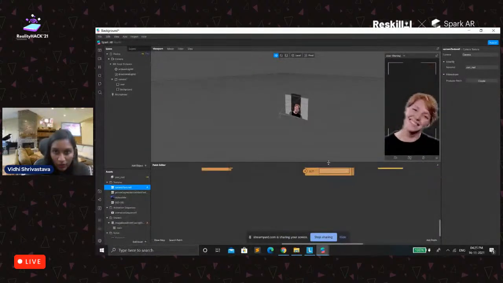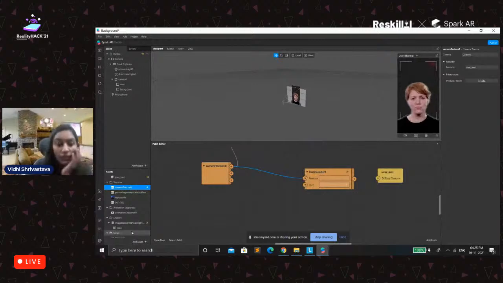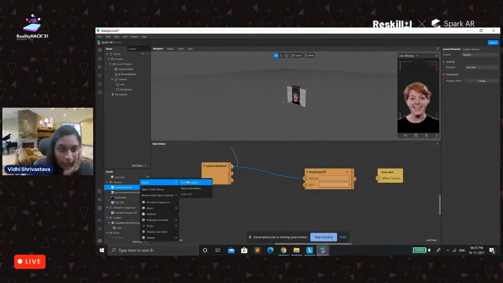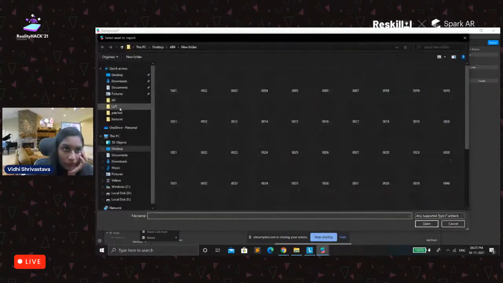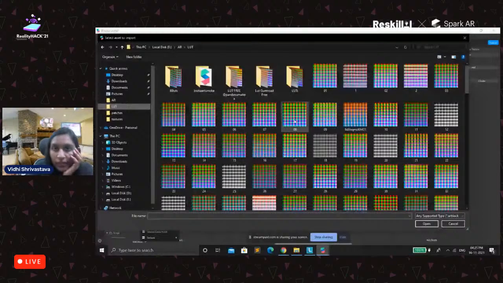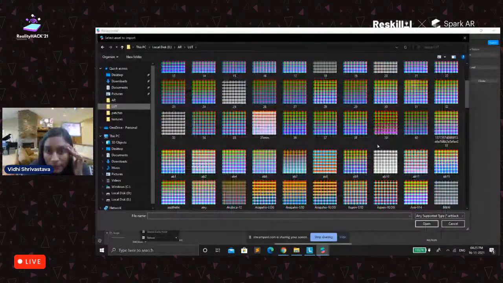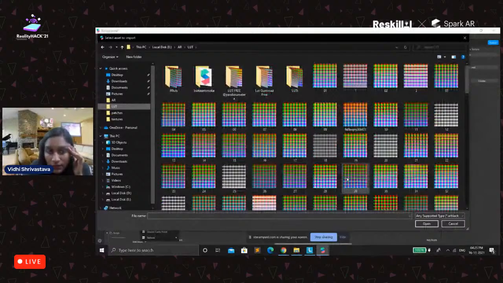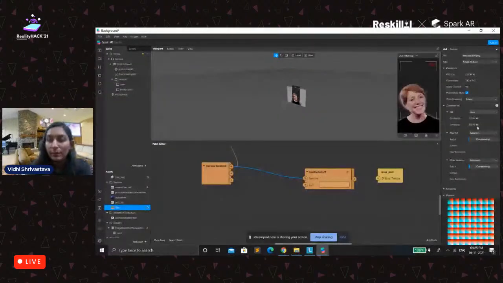Now for the output we need a LUT. I already have some LUTs on my laptop, so go and extract any one of them. For example, let's take this one and just compress it.